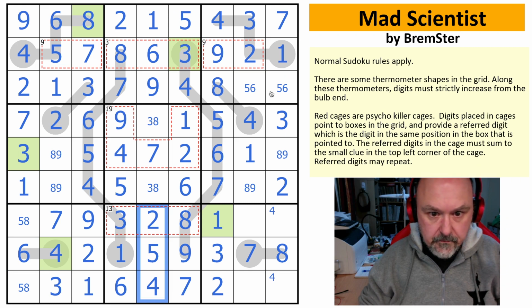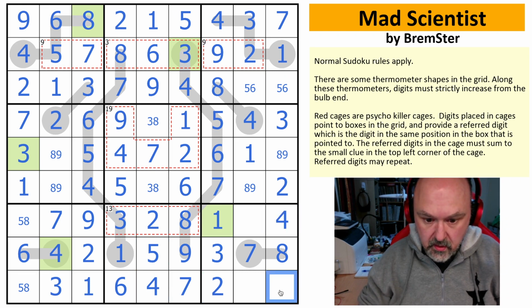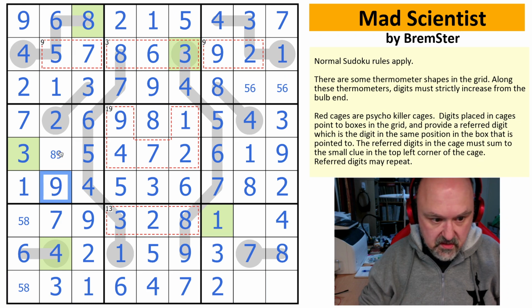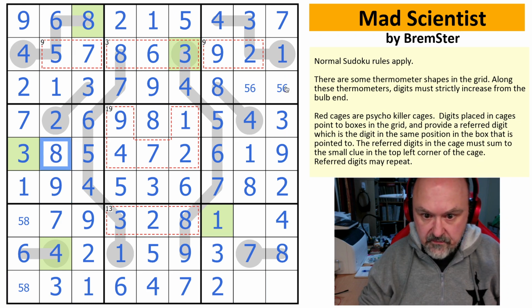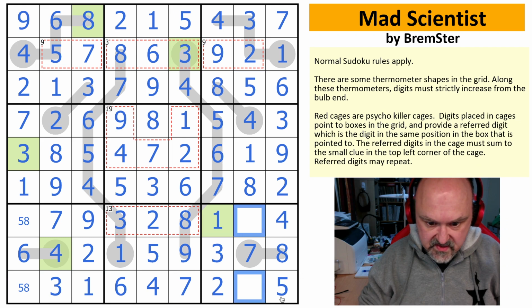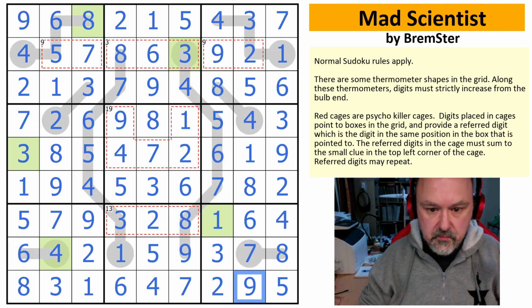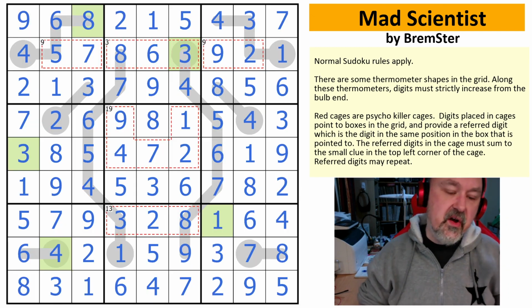Remarkably unresolved. So 1, 2, 3, we've now got a 4 looking here, so that's a 4. There's an 8 looking up at that, so that's 9, that's 8, that's 3, that's 8, that's 9, that's 8. This now needs to be 5 or 6, and there is a 6 looking at it, so that becomes 5, that becomes 6, that becomes 5. This 5 is looking over here at the 8, and the 5, and this leaves the final 2 digits, which are 1, 2, 3, 4, 5. I need to put a 6 and a 9 into the grid, which completes the mad scientist Psycho Killer Sudoku